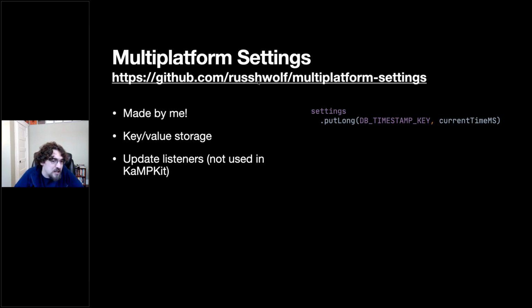Also has some update listener APIs, which are not currently used in GamKit. So yeah, I won't say too much about it because despite it being my thing, and you can hear me talk about it in some of my other talks, it doesn't play a huge role on the GamKit side. But similar to SQLite, you pass in a platform-specific delegate that's what's actually driving the backend storage, and that lets you share that backend storage from your shared code and your platform